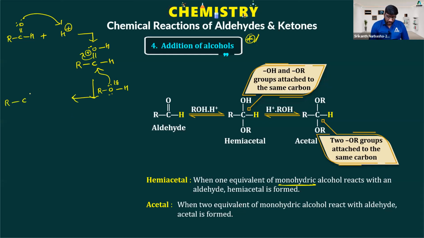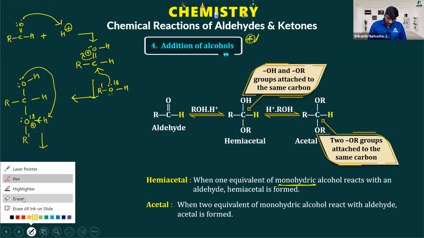Generating R-CH with the oxygen bearing two lone pairs and an OH bond, and the carbon also connected with the O18 oxygen, which has only one lone pair now and a positive charge, attached to R'. Now what is happening, students? The O18 oxygen possesses a positive charge, so the O-H bond electron density is moving towards oxygen. The lone pair of electrons present on this oxygen picks up the proton. Or you can simply say loss of H+,